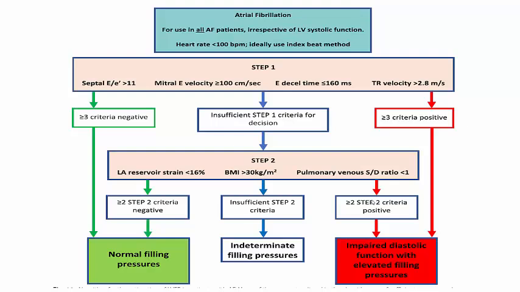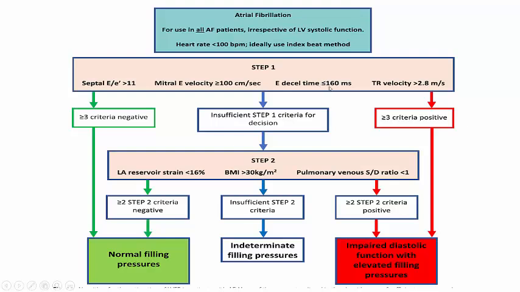And the recent diastolic dysfunction guidelines, the British diastolic dysfunction guidelines published this year, 2024, make things more organized. In the first step, you need to assess the septal E over E prime for your patient. If it's more than 11, it's 1 point positive. You need to assess the mitral E velocity. If it's more than or equal to 100 centimeters per second, another point. You need to assess E deceleration time. If it's less than or equal to 160